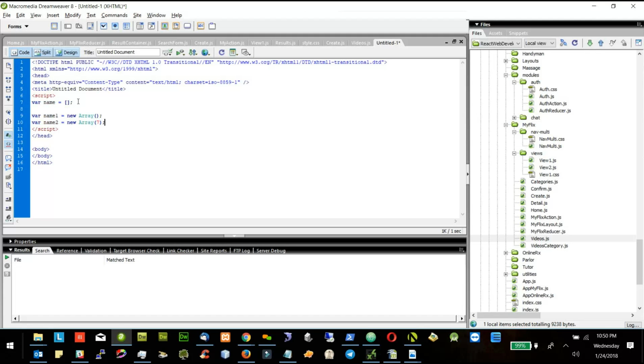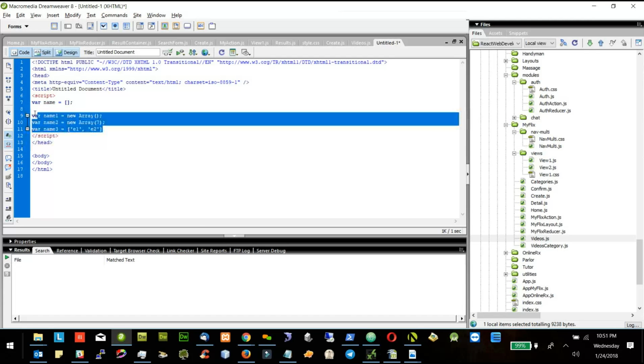So I can predefine that 7 is the length of the array, or I can also create it like name3 equal to, and put the details like Ramji has mentioned, example1, example2, like this we can create the array. So there are different ways to create the array, and we can use any way.